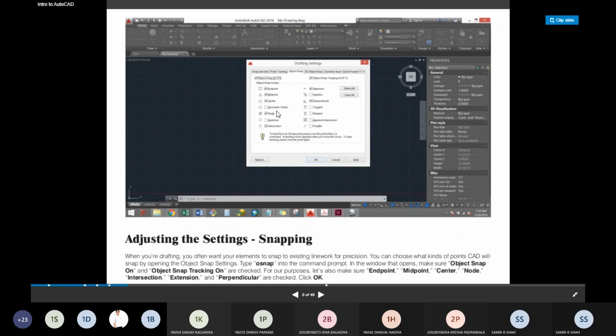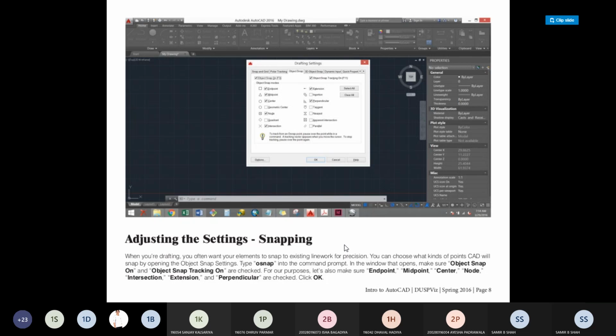So whenever you start, you just see the OSNAP, because we plan to draw with object snap here, where the functions like endpoint, midpoint, center point, node, intersection, extension, and perpendicular are checked.